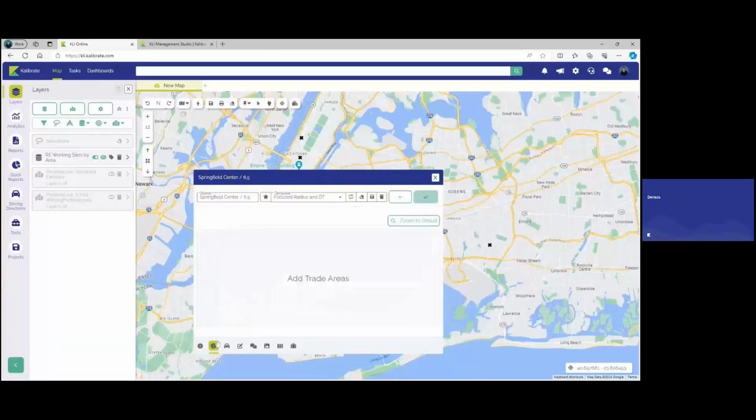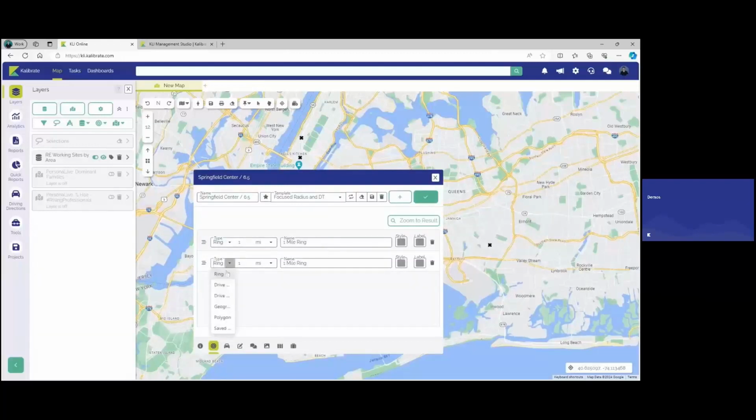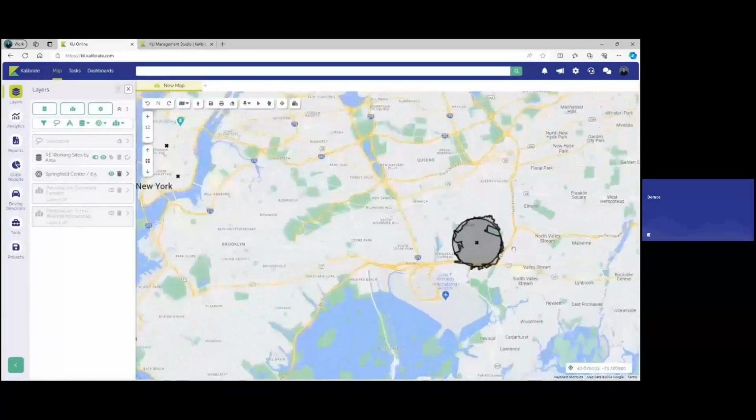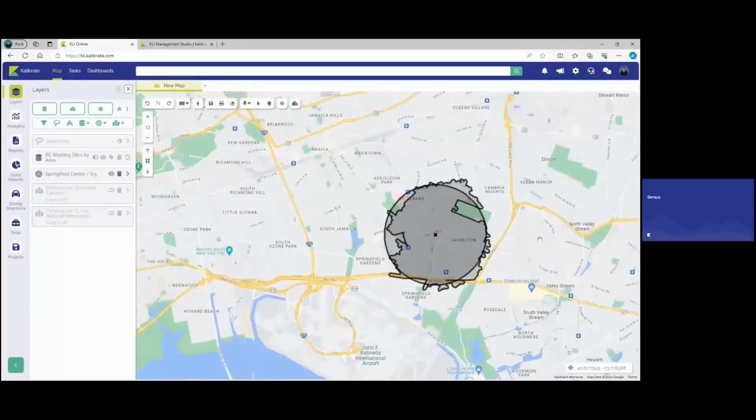I can go ahead and put some trade areas on the map. So we'll do a 1 mile ring, and I'm going to use a 5-minute drive time. I could add some more, of course, just by using the buttons here and zooming to my results. All these options for style, rearranging the order of the trade areas, all of these tools are available here. But moving on, I am going to just save this and get my trade areas on the map. All right, and I'll just zoom in here so we can take a look at this location a bit more.